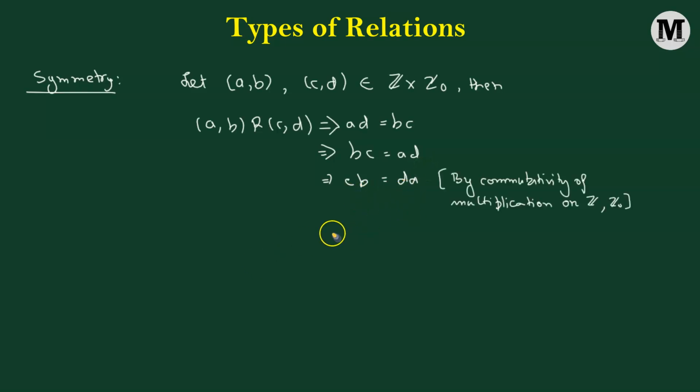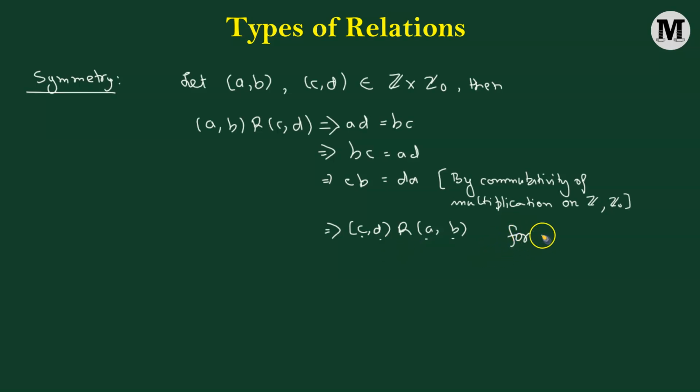Now, CB equals DA. Can we not say that the ordered pair C comma D is related to the ordered pair A comma B? Because by definition, (C, D) related to (A, B) is simply taking the product of the outer elements, that means C and B, which equals the product of the inner elements D and A. So we started out by considering the ordered pair A comma B related to C comma D, and we are able to show that the ordered pair C comma D is related to A comma B. And this is going to be true for all